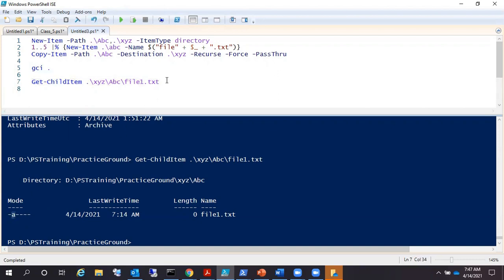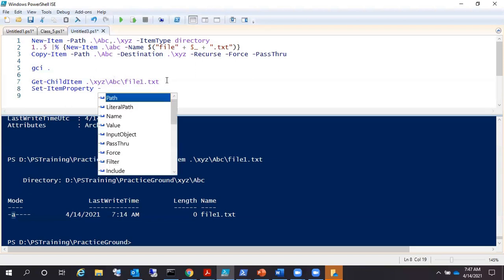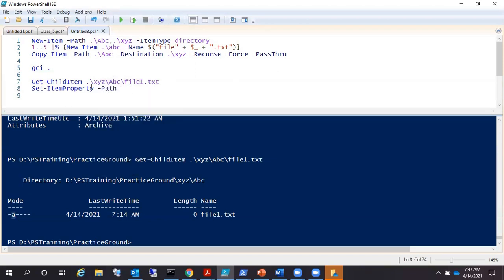In case I want to set it as read only, what I can do is Set-ItemProperty. The path is, let me copy this from here, this one.